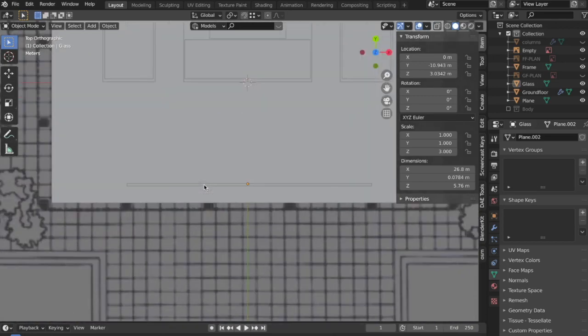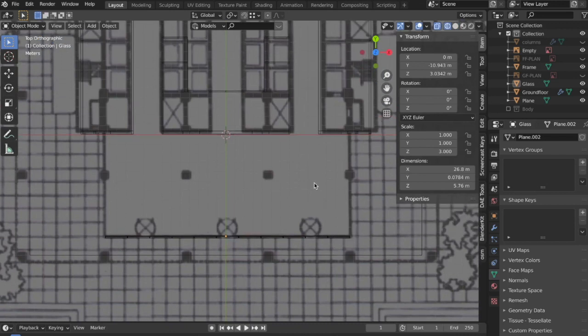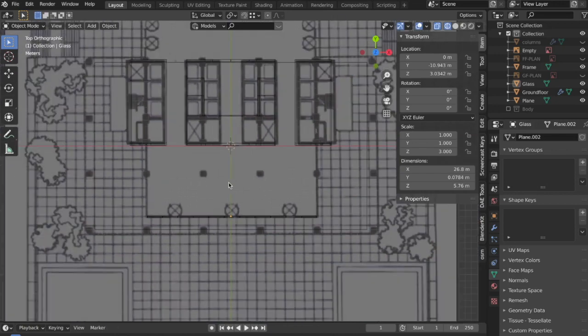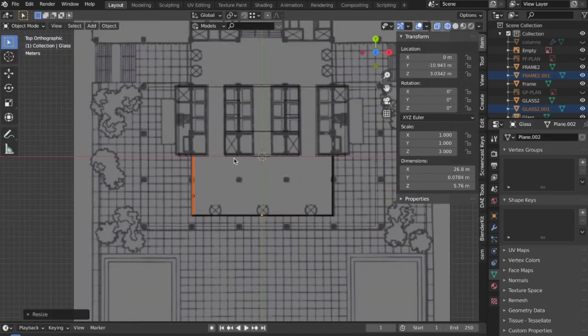Now having done that, I want you to make the left and the right part. You have to repeat the same process, and then either you could mirror it using this as the reference, or you could just copy it by pressing Shift plus D. Now I have already made it, and now we can move on to the next part.